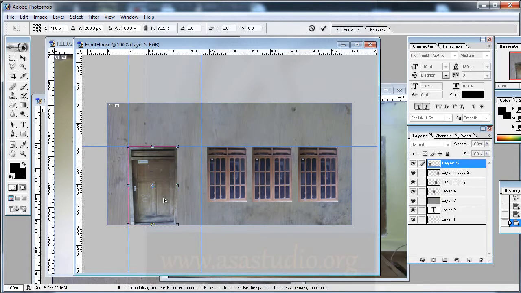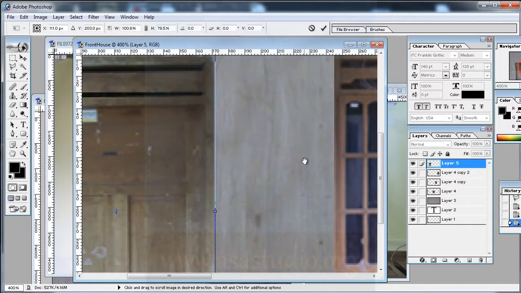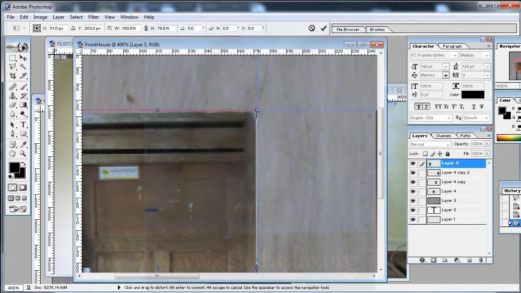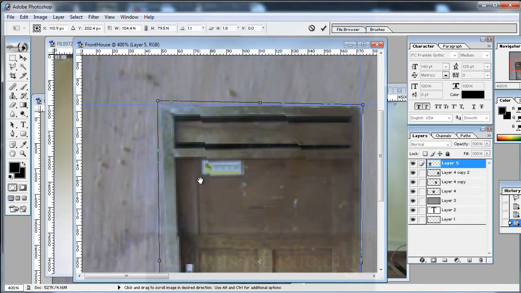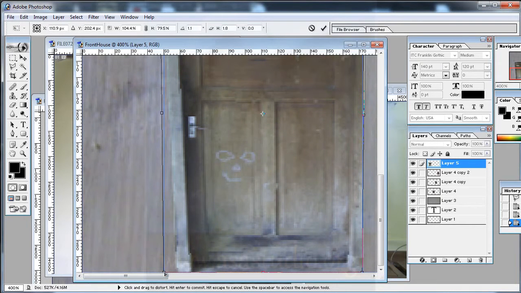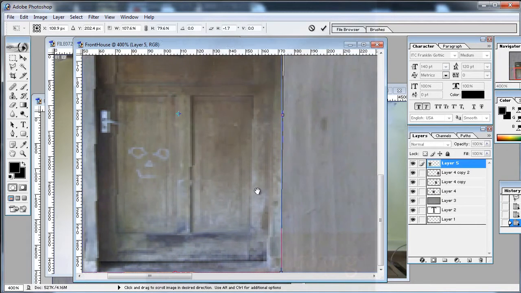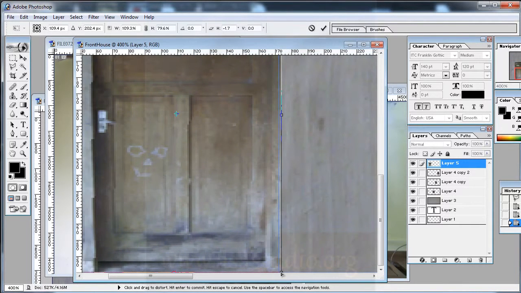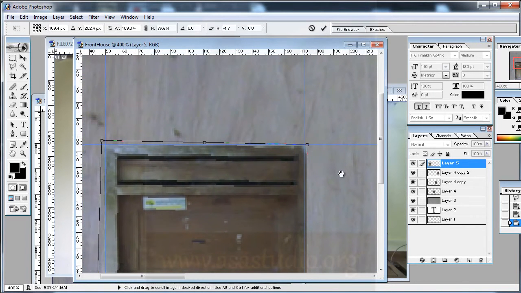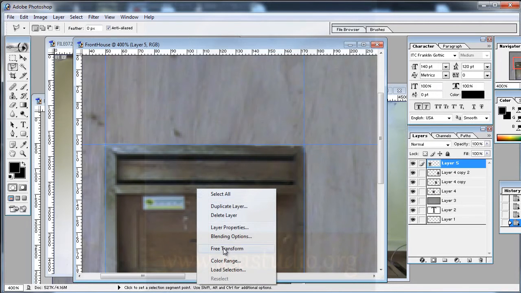Okay, maybe like this, and right click, distort, and CTRL plus to zoom in, and here I create like this, and here, okay, and maybe okay, like this, and like this, okay, double click, and right click again, free transform,